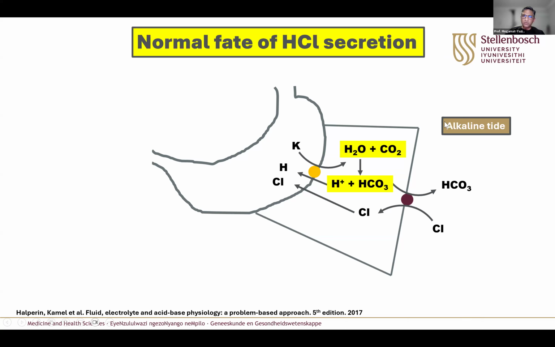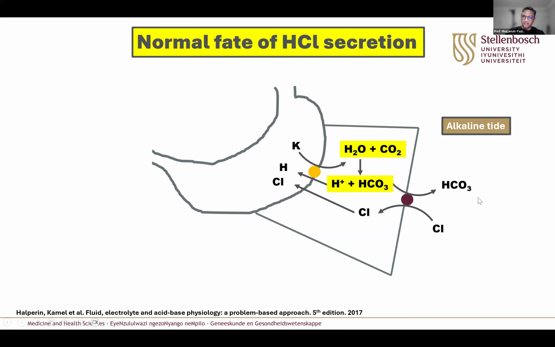This is a normal physiological phenomenon every day. Every day before you and I have a meal, when we're not using proton pump inhibitors, in anticipation of food coming before lunchtime, our body starts producing hydrochloric acid. At that point in time, before we start eating, we actually have a metabolic alkalosis because of this bicarbonate reabsorption, and this is referred to as an alkaline tide. Then what happens is, after we start consuming food, the hydrochloric acid moves into the duodenum here.